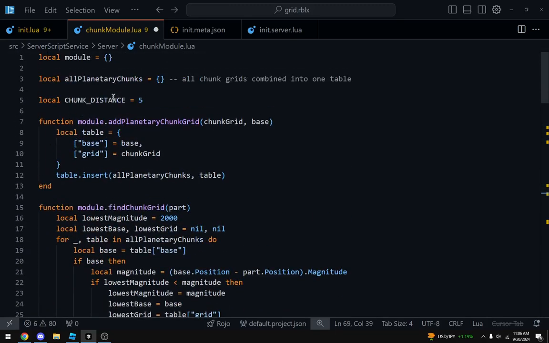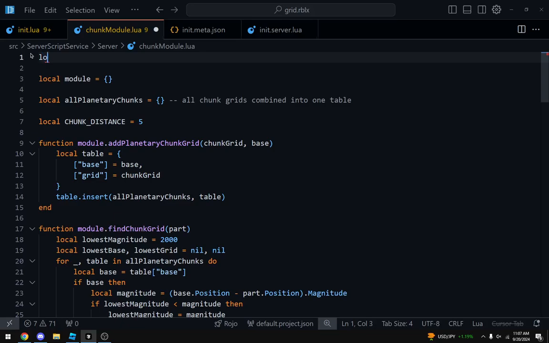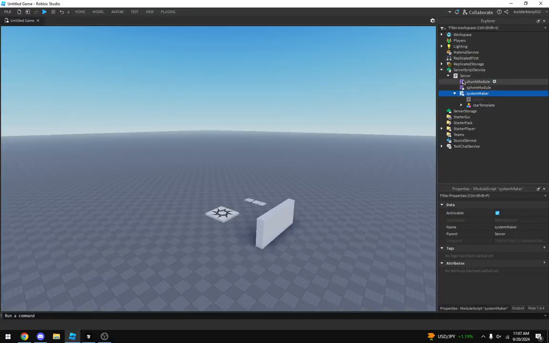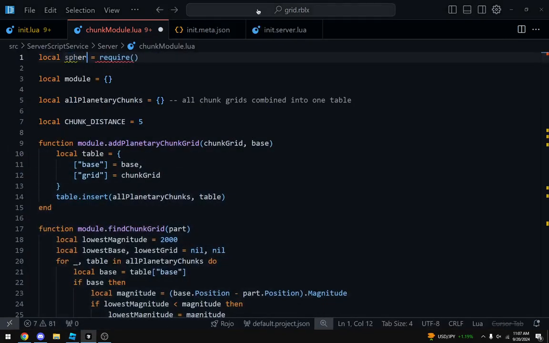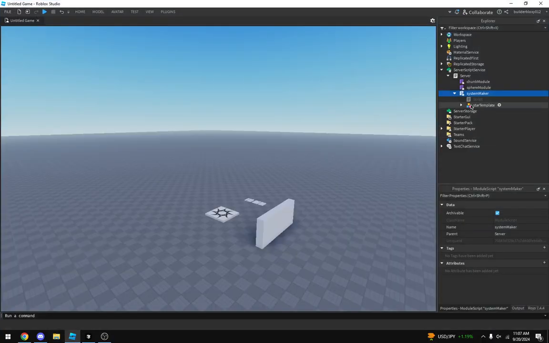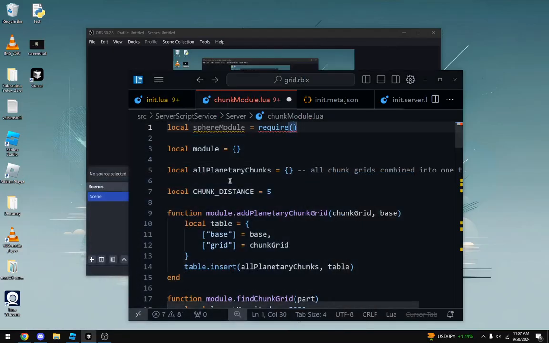And I don't know if we need to, but just in case, I'm going to define local grid module equals require. We need the grid module, which is, no, it's sphere module, my bad. Equals require, we are the chunk module, so script.parent.sphere module.